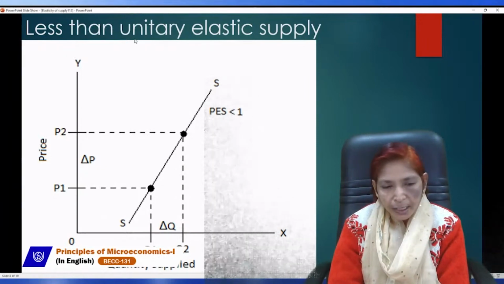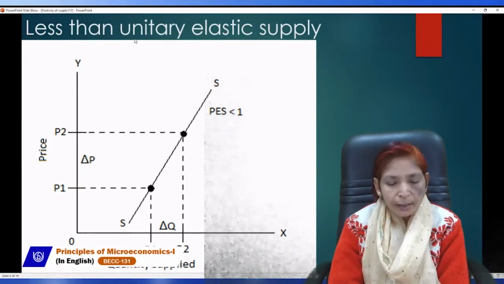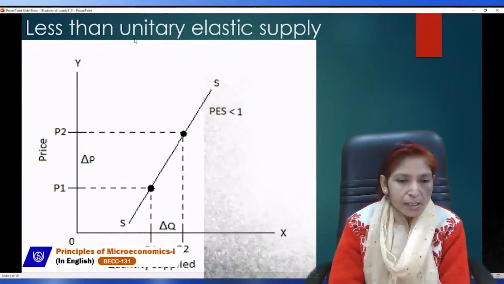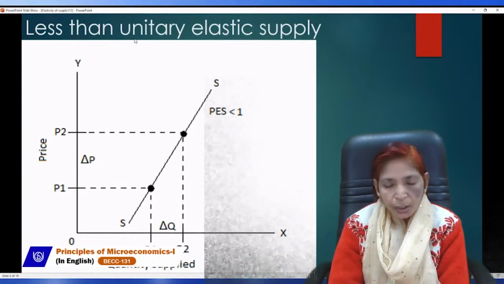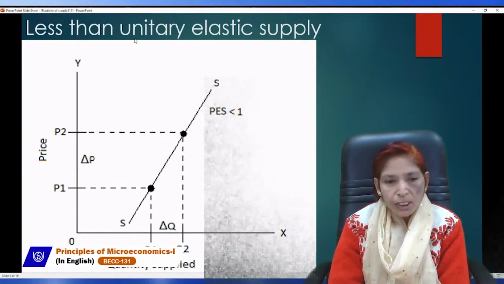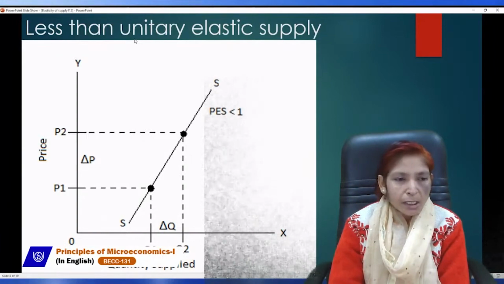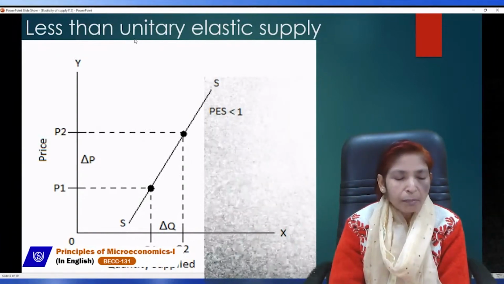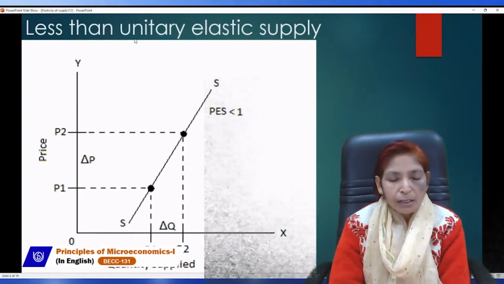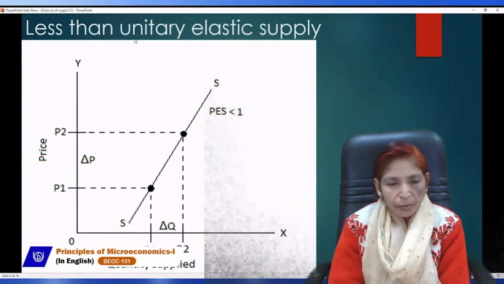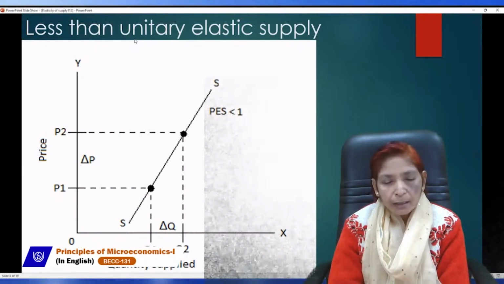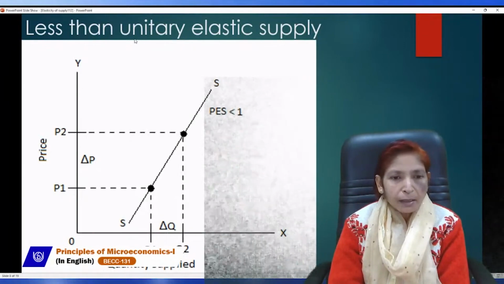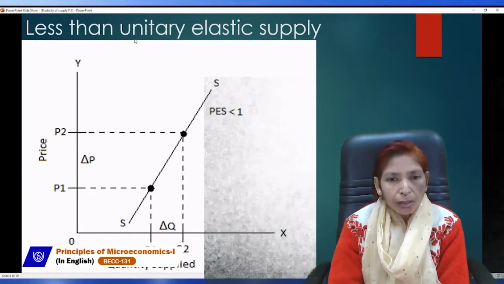It is clear from this diagram: here the change in quantity supplied is delta Q, from Q1 to Q2, which is less, but the change in price from P1 to P2, delta P, is more than the change in quantity. When the change in quantity supplied is less than the percentage change in price, then supply will be called less